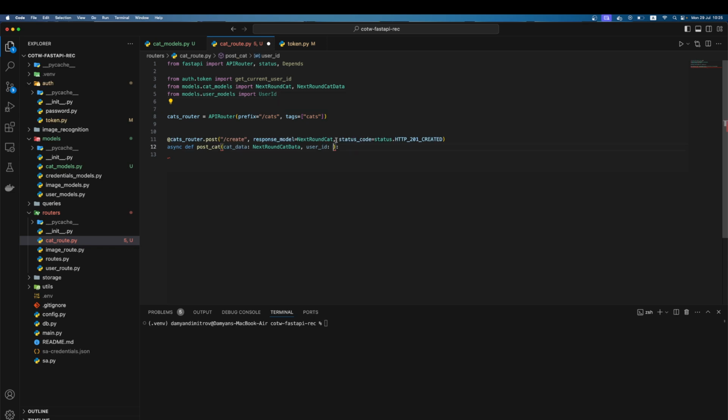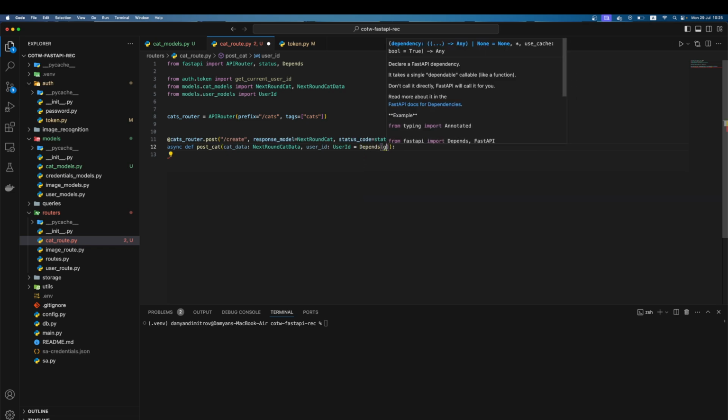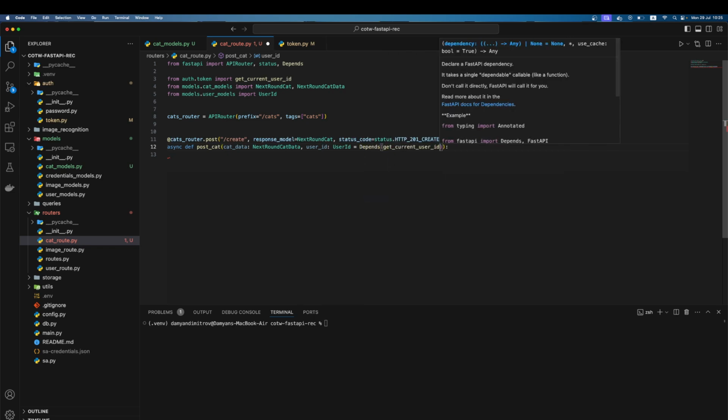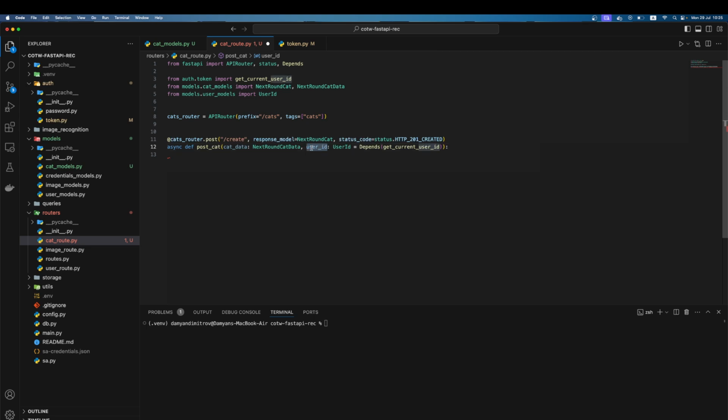Okay, and here I will receive user ID module, which is equal to Depends(get_user_id), and right now we will have the user ID. Okay,